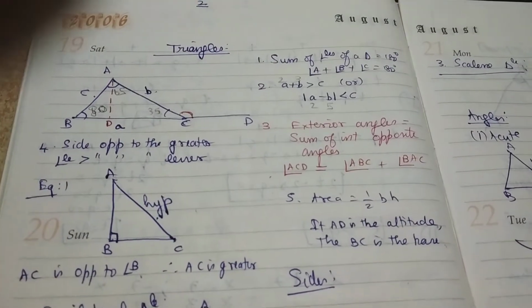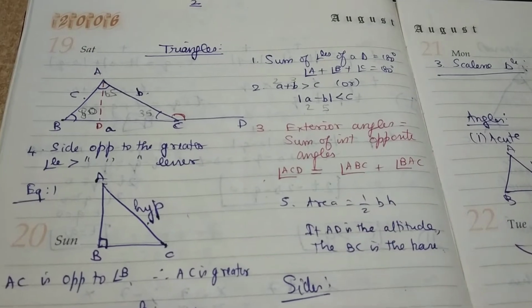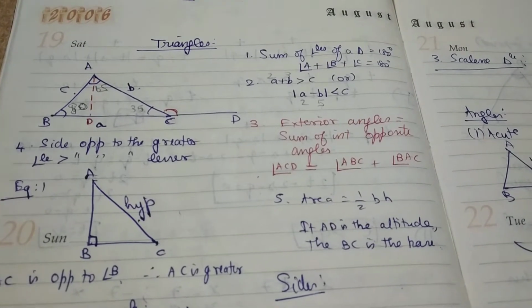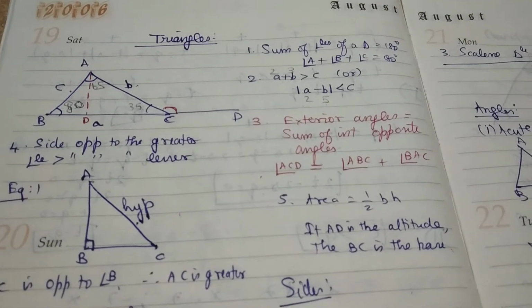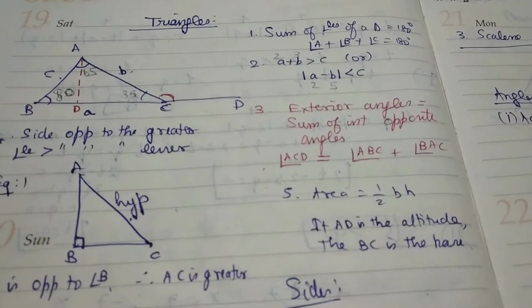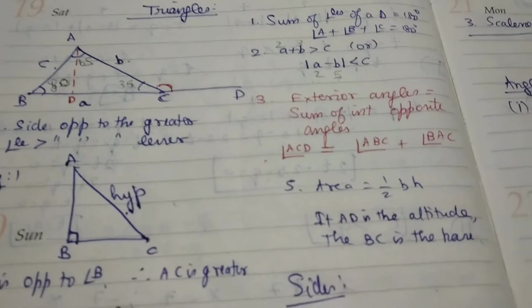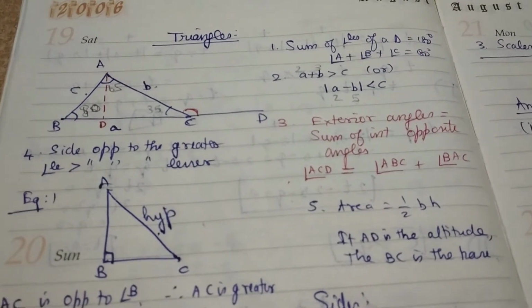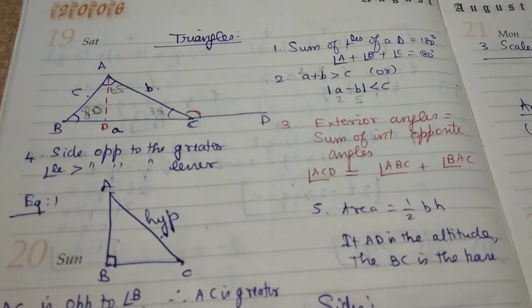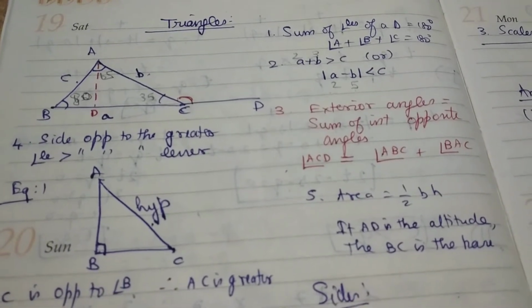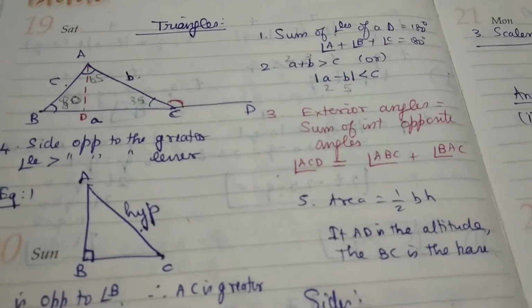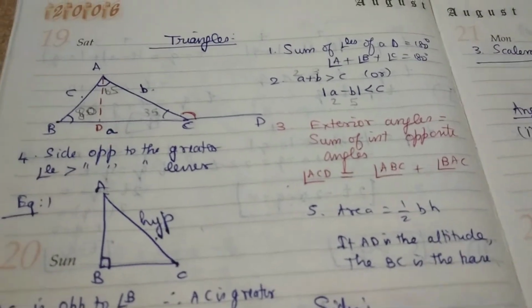Today we are going to discuss the basic properties of triangles. In addition to the basic properties of triangles, we are also going to discuss congruency and similarity of triangles. Before going through this video, I recommend you go through the video on properties of straight lines. Then you come here.